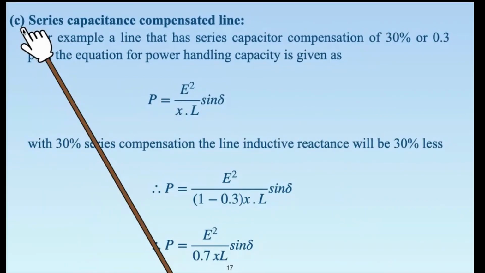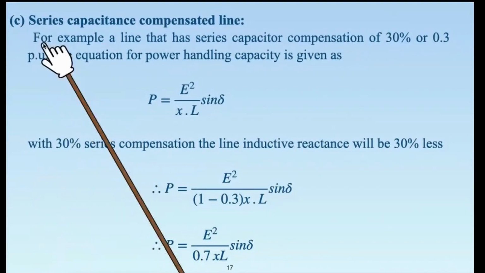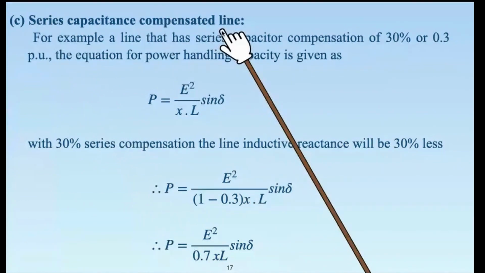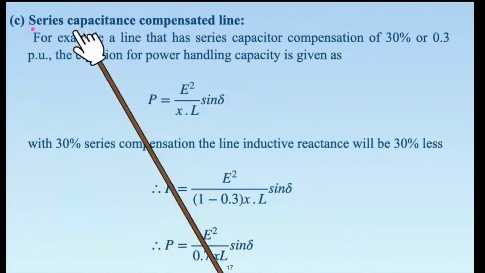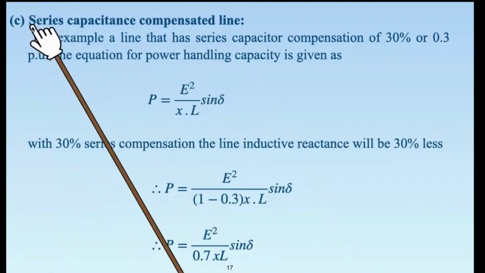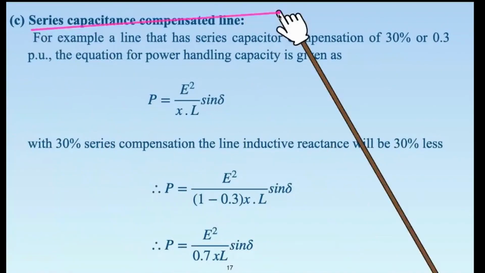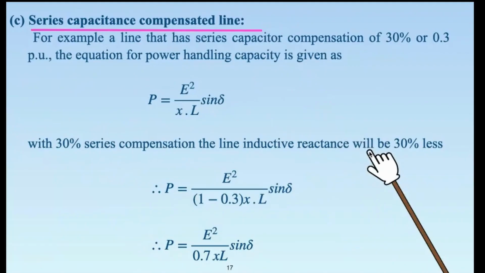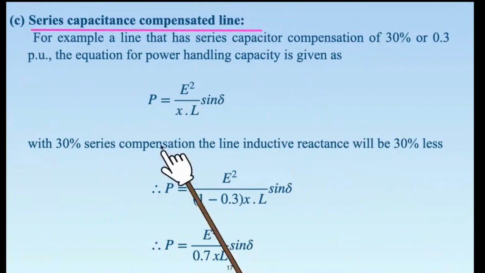The very first part, we have calculated the percentage power loss, right, from the main derivation. That was part A, percentage power loss independent of transmission distance. Then part B was the total number of circuits required in case the power handled is higher than the handling capacity of a single circuit. And then part C, we come across the series capacitance compensated line. Okay, series capacitance compensated line. So let me just highlight it here.